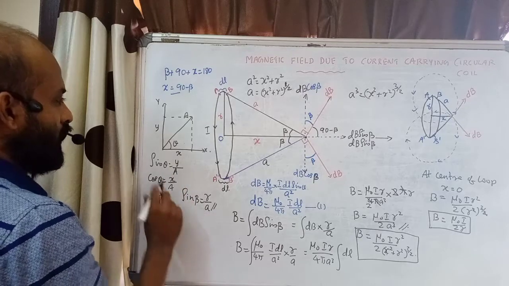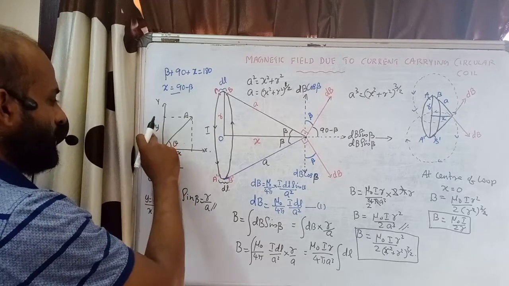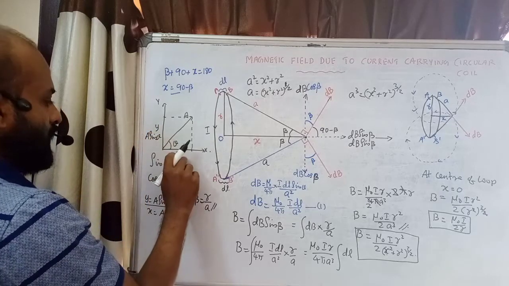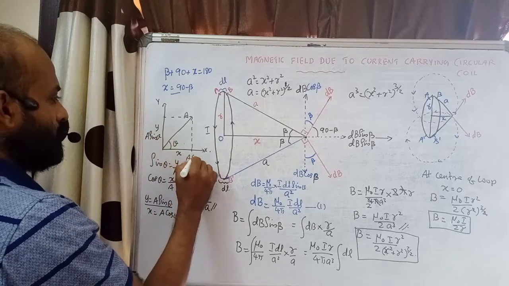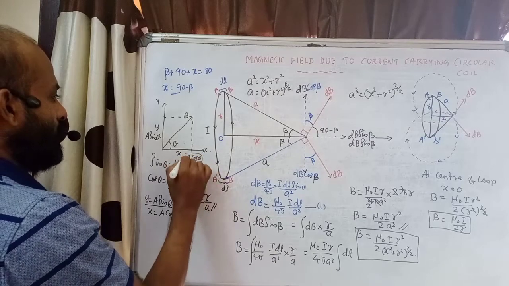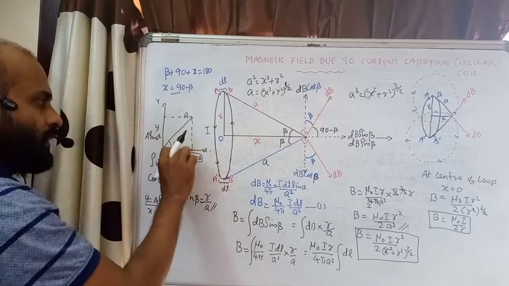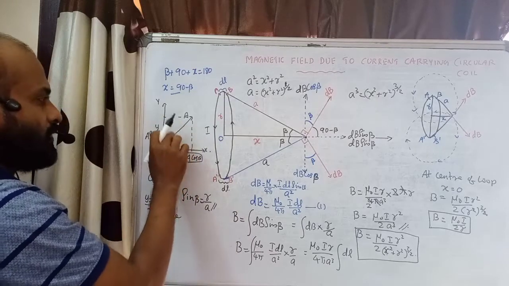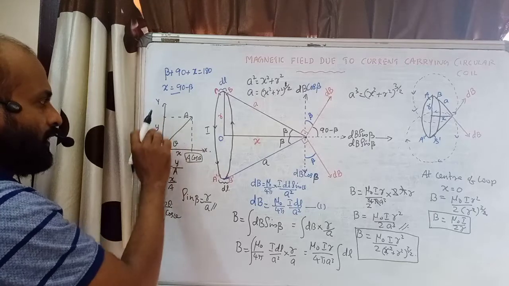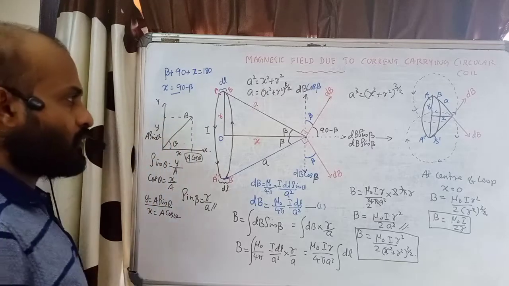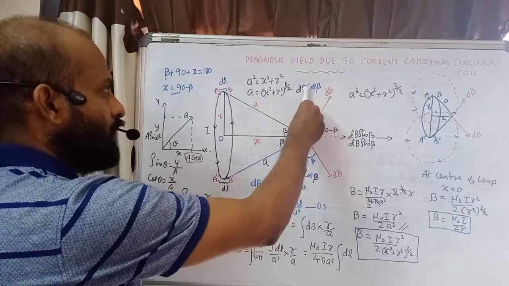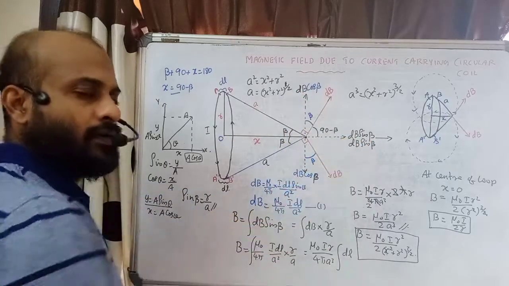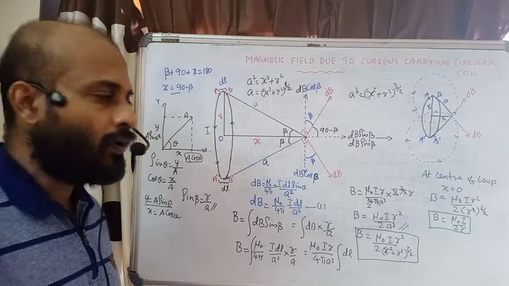So y is equal to A sine theta, this is y. I can write here A sine theta. Here for x, I need to write A cos theta. So what have I taken? The component along with the angle, I have taken cos. This is the angle. The component away from the angle, I have taken a sine component. So the component towards the angle is taken cos. The component away from the angle I have taken sine. So that's the method of taking components.